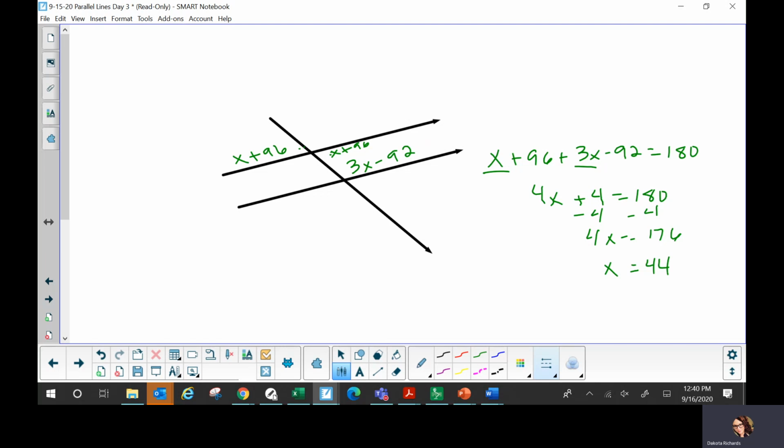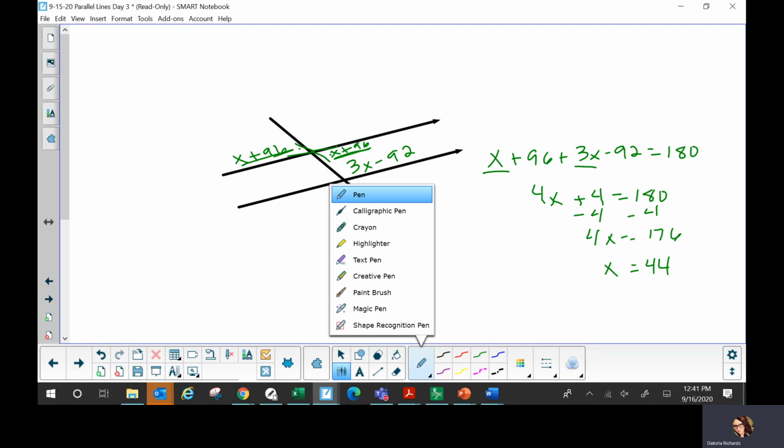Yes. Why would it equal to 180? Because it said they were vertical angles. So these are vertical. So if I went into x plus 96 equals 3x minus 90. Okay, if you're looking at just what it gave you,